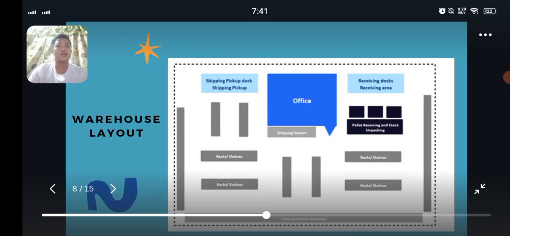So this is the warehouse layout. And this one is office. So shipping pickup dock, shipping pick up. So dito yung mga magpi-pick up ng mga items. So dito naman yung receiving docks and receiving area, which is dito papasok lahat ng mga item na manggagaling sa labas. So dito yung racks and shelves, shipping station. So that's all for warehouse layout. This is the example. So the next slide is